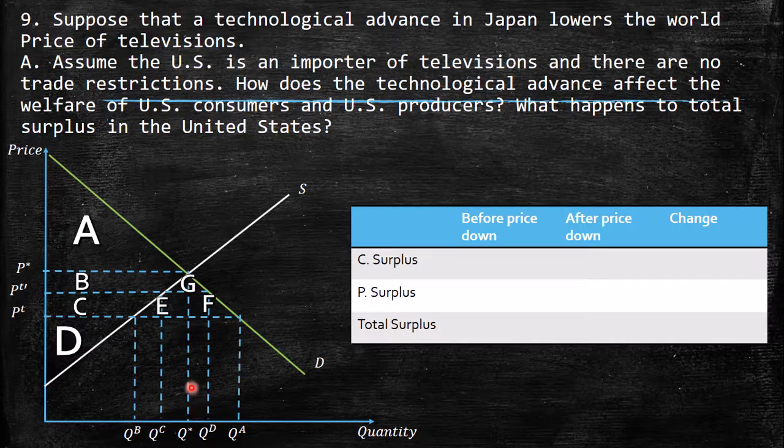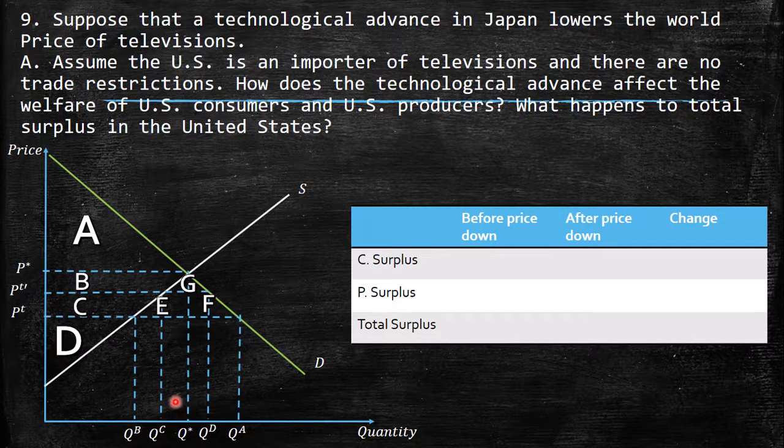Now, given the technological advance, the PT, which is the world price, will be lower even more. So it will be lower, right? So you have here the PT instead of PT prime. So at this PT, which is the last price after the technological advance, you see how the domestic production is even less given the lower price, so they have even less incentive to produce, so they have